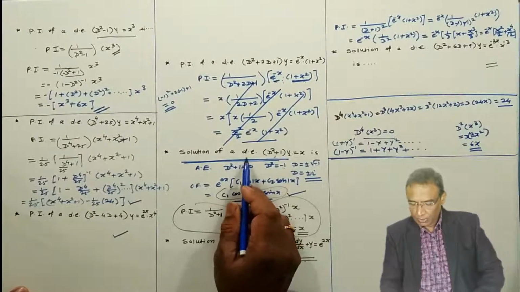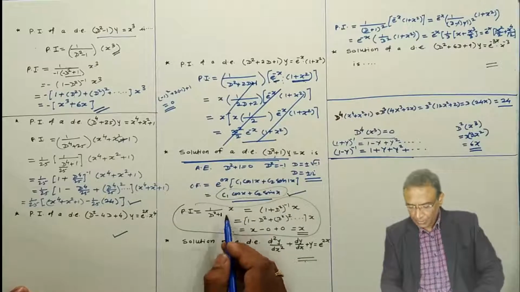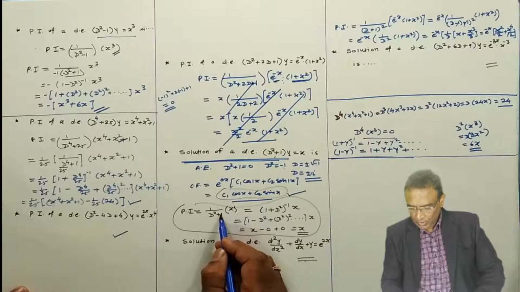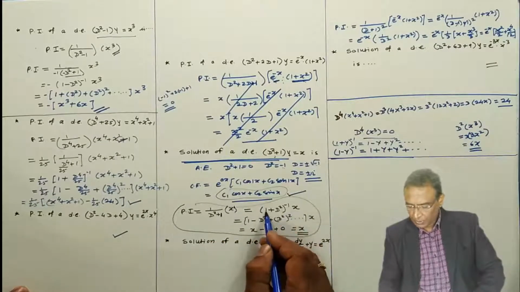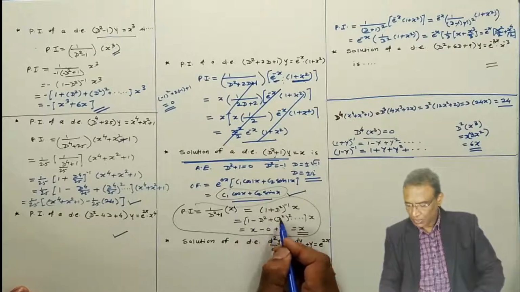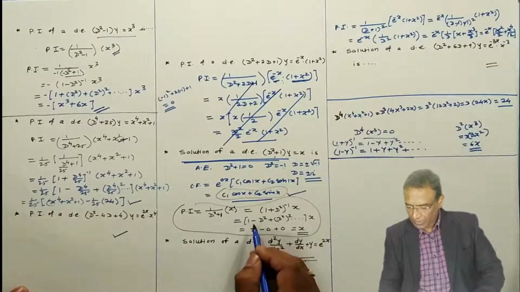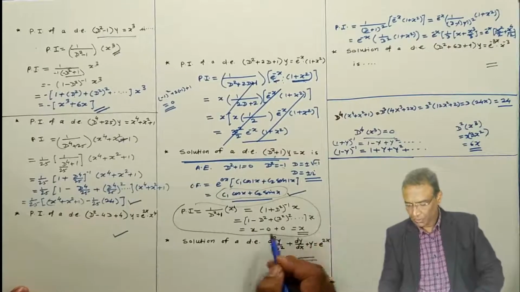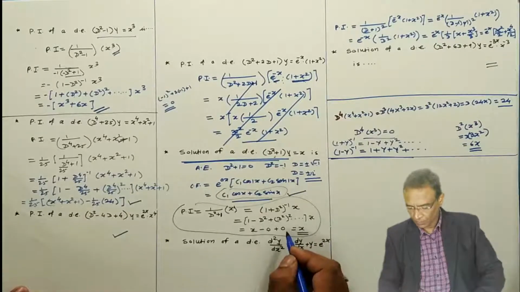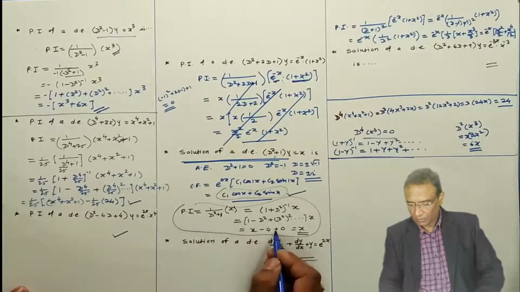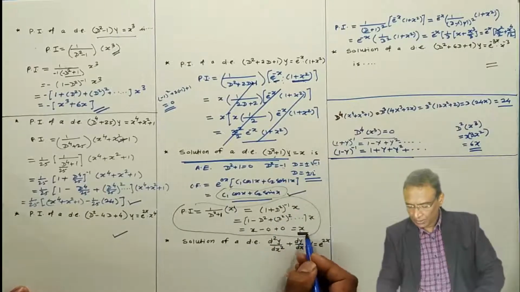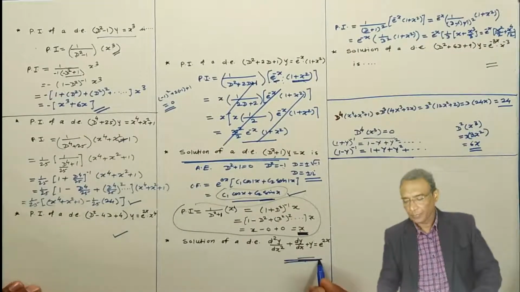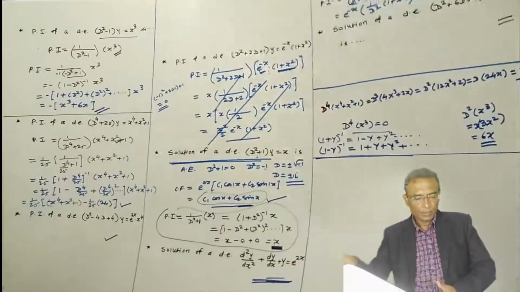Now the particular integral I want. Shift it to the right hand side like this. I am operating the operator on x to the power 1, an algebraic function. So take this in the numerator directly, and 1 plus y to the power minus 1 is 1 minus y plus y square and so on. Operate each term on x. 1 multiplied by x is x. The double derivative of x is 0, the fourth derivative of x will be 0, and so on. So x is the particular integral of this one. The complementary function plus the particular integral is the solution. So this problem also you can try. Okay, now quickly the next one.